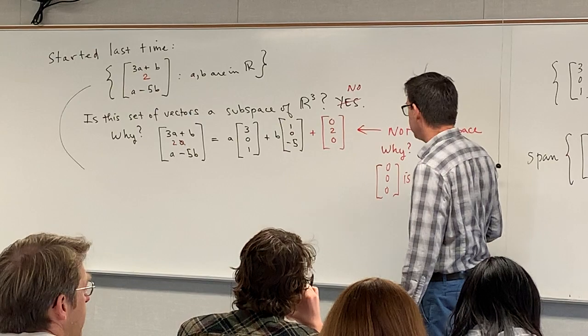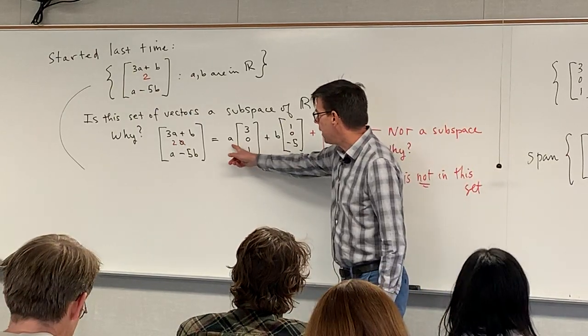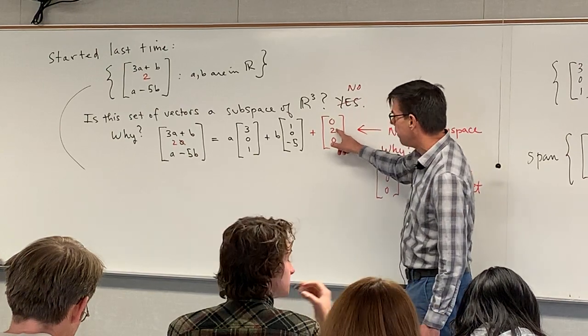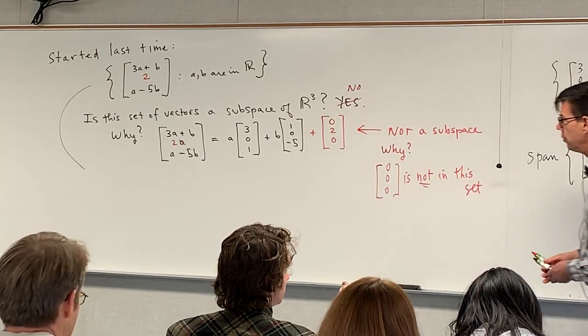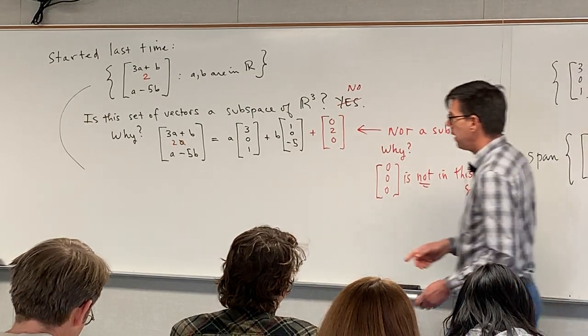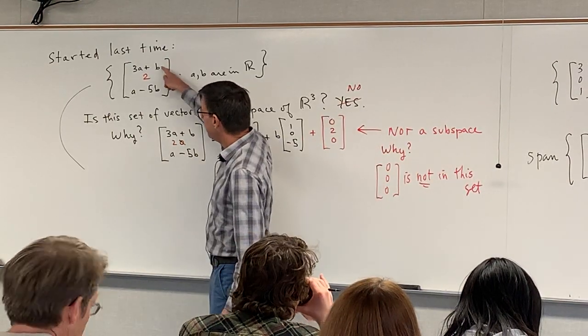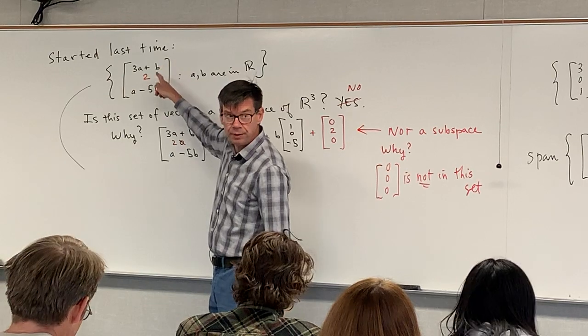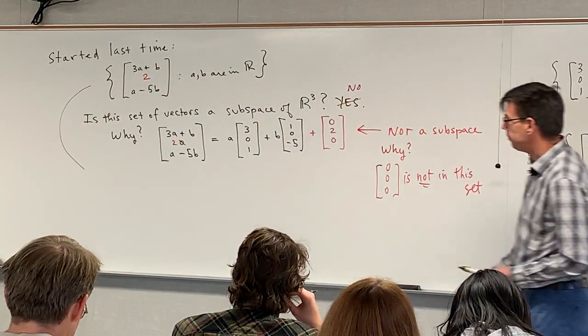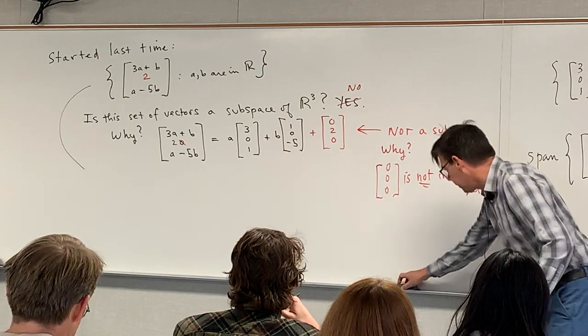There's no way to get 0, 0, 0. No matter what you set A and B equal to, if you set them both equal to 0, you're always going to have 2 in that middle entry. It's easier to see back here that there's no way to get 0, 0, 0. It's actually easier without this expanded form. Okay, so